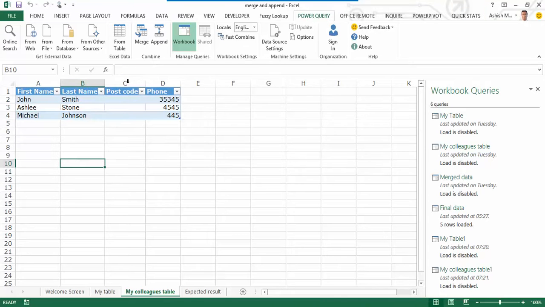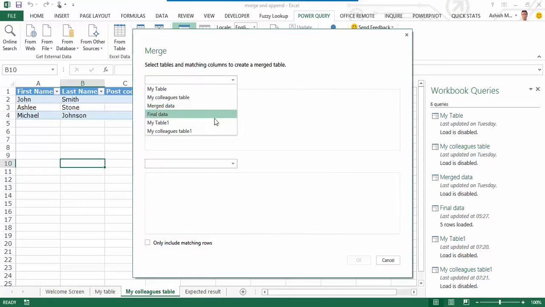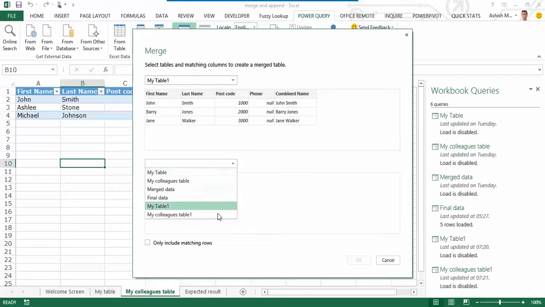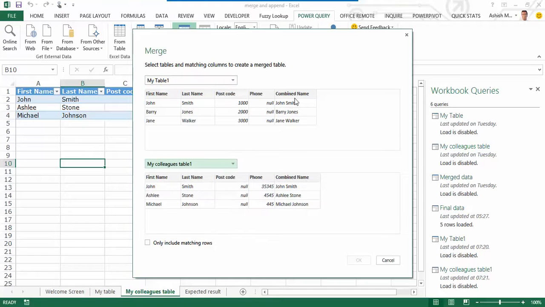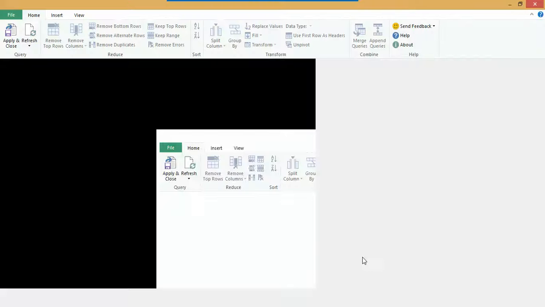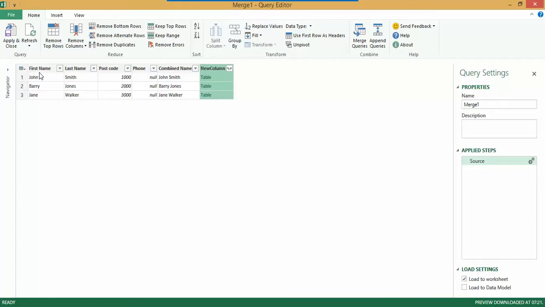For that, under Power Query, under Combine, I click on Merge. Herein I choose My Table 1. Herein I choose my colleagues table 1. Since I have to bring over the phone number column basis the combined name, which is now the concatenated column, I select this. I press and hold the control key with one finger, click on Combine Name to establish a link between the 2. I now click on OK, and while I see the first 4 columns from my table,